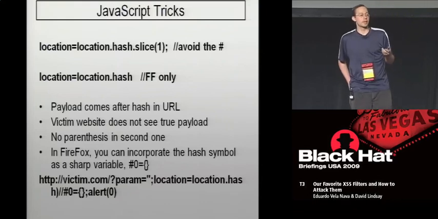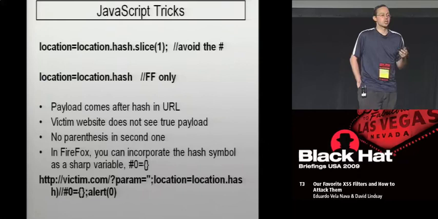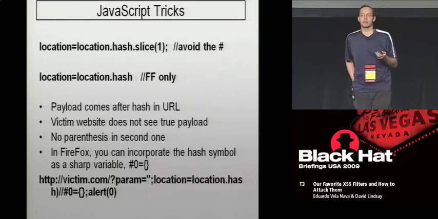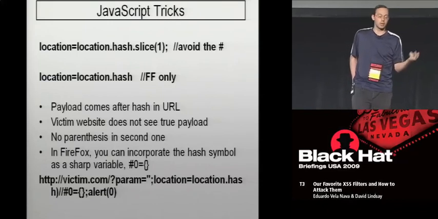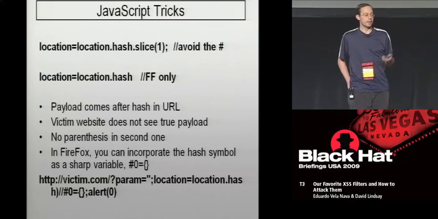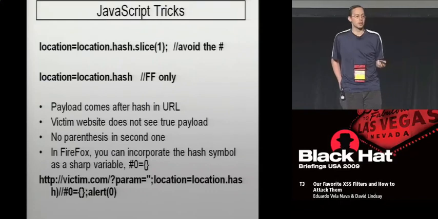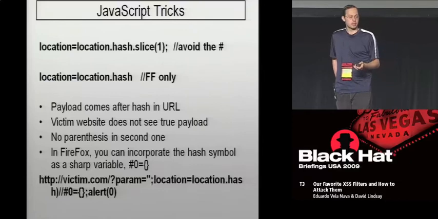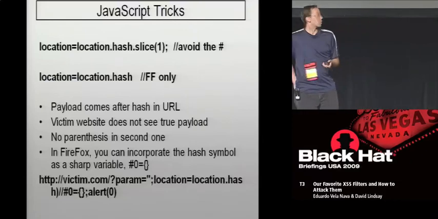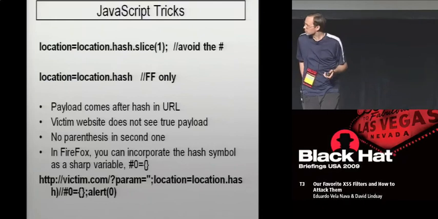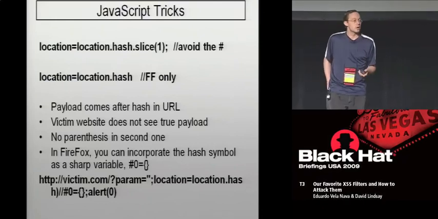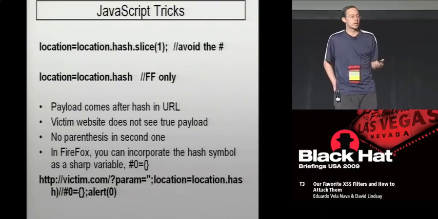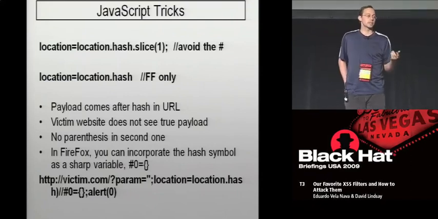And one kind of cool thing about the hashtag is that you can use that symbol, the pound symbol, as valid JavaScript within the Mozilla-based browsers, within Firefox. So in that case, it's referred to as a sharp variable. And I have the sharp variable as an object tag at the bottom of the page here. Oh, I guess it's just on the sides, isn't it? Okay, so the sharp variable in Firefox can be legitimate JavaScript, and so you can actually do an